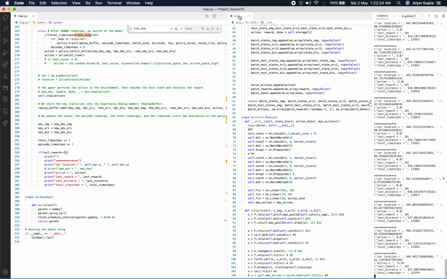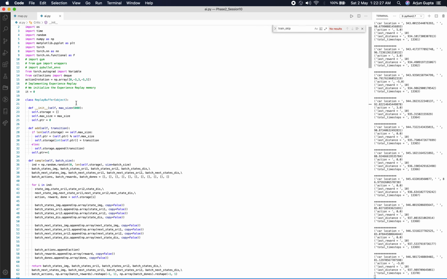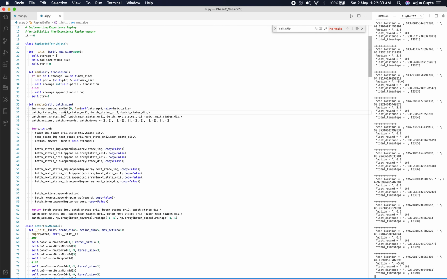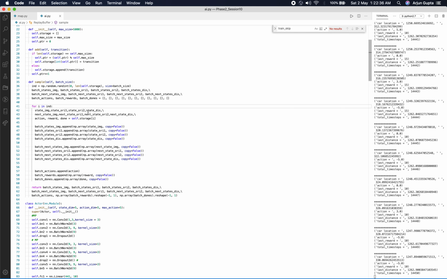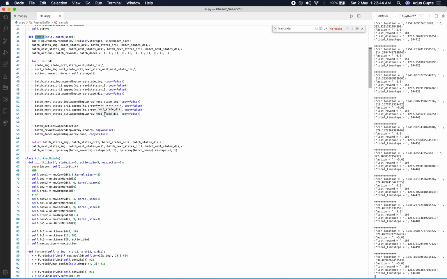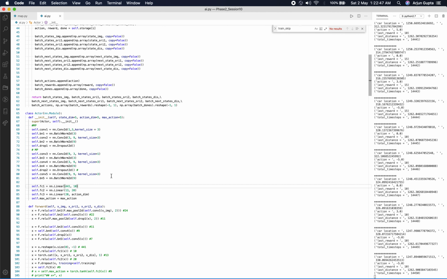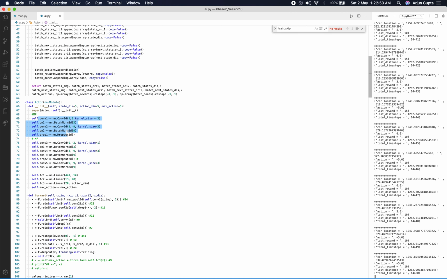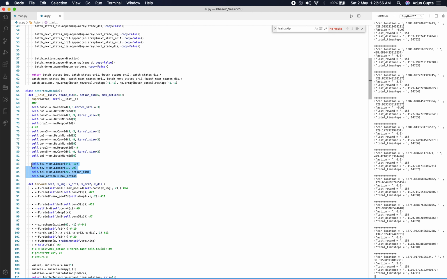And if we come to the ai.py file, first the replay buffer class is made with the maximum size of 5000. Here we can see a sample function where it is taking out a random sample, and the size is equal to the batch size. So the sample function is called from the train class. Here we can see the actor class, and also we can see we have some convolution layers to read the image, and then some fully connected layers to process the image and convert into action dimension. The action dimension, as you can see here, is 5.